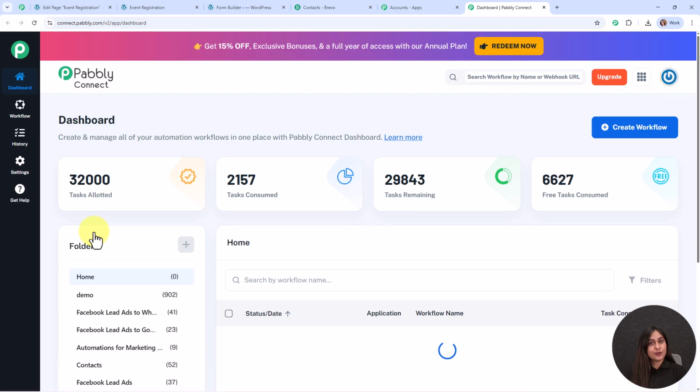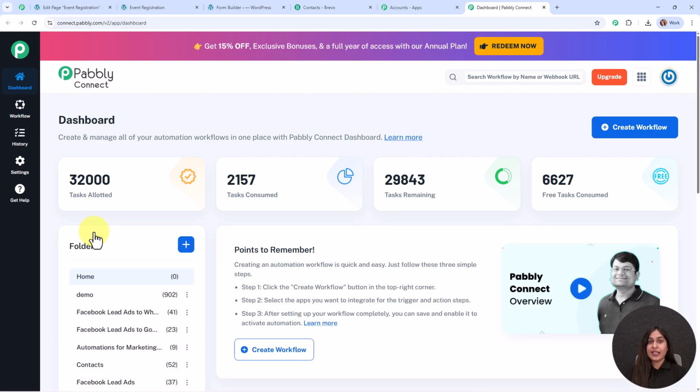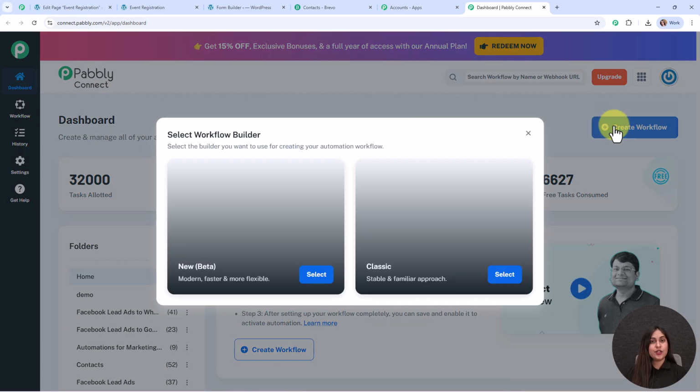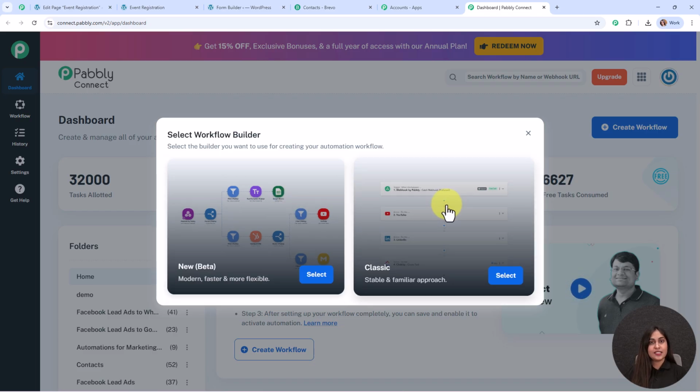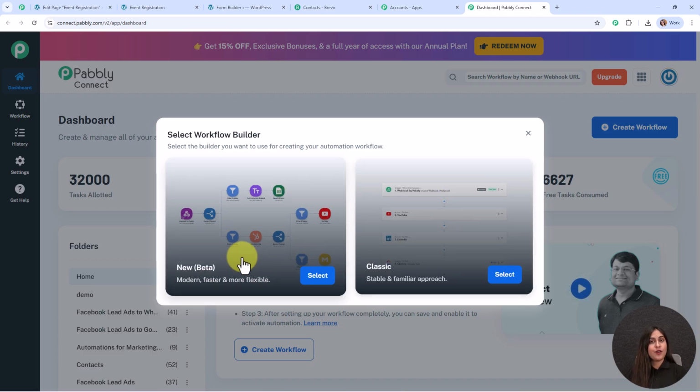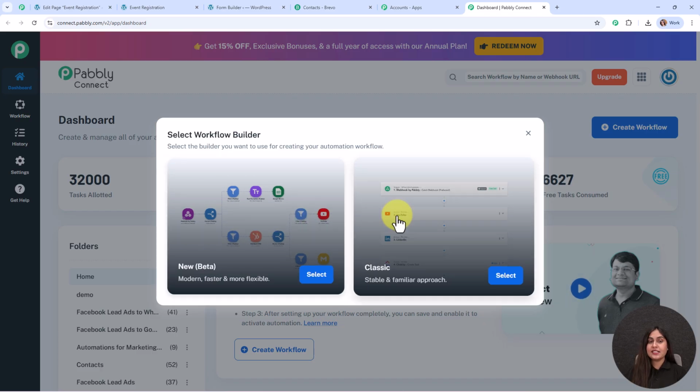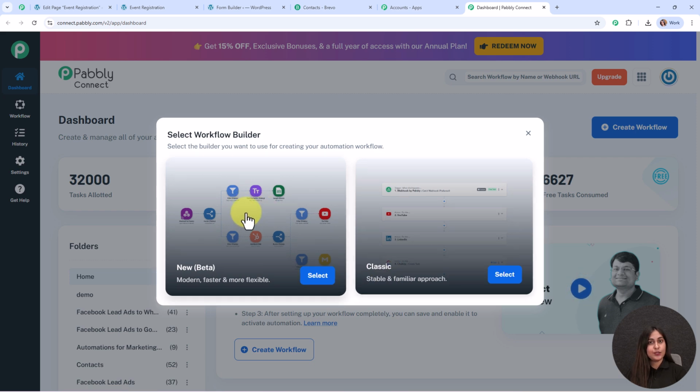Now this is the dashboard of Pabbly Connect, and to build my connection, I need to create a workflow first. So for that I'm going to click on the create workflow button in the top right corner, and then it's asking me to select the workflow builder. Here you can see two options, one is new beta and the other is classic. The beta version is modern, faster and more flexible, whereas the classic one is the stable and familiar approach. In this video we are going to use this newly launched beta version,